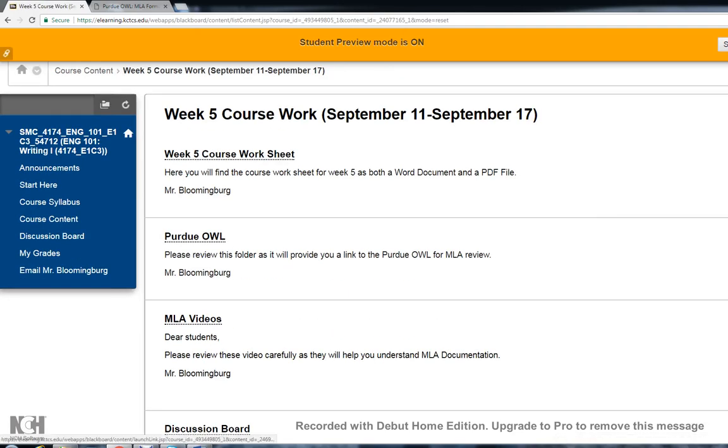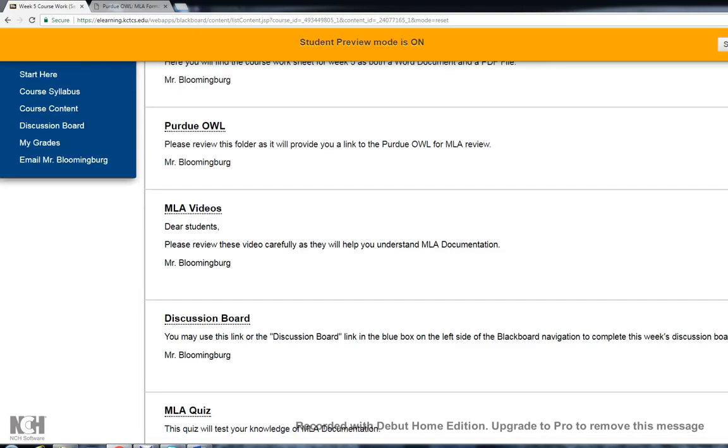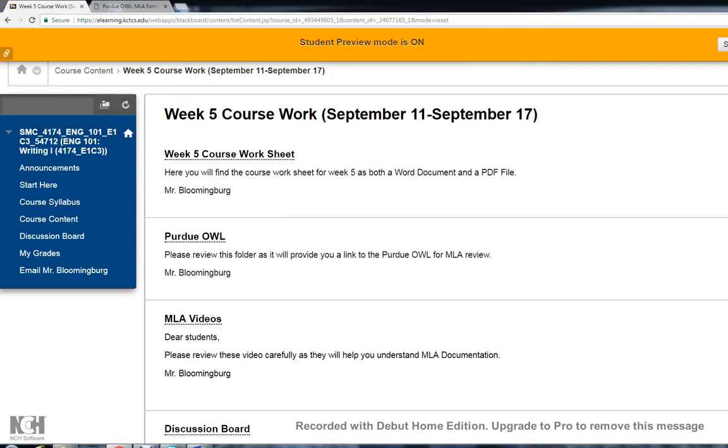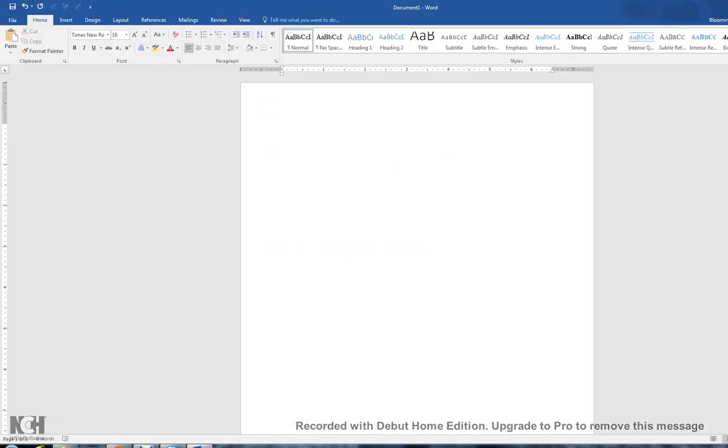That's really what's on the agenda for week 5, but I want to pull up a blank Word document, and what I want to do is just give my own little stamp to MLA. I don't want to go too deep with it because the videos are there to help you, but I can remember when I was coming through college and I was asked to use MLA. I was able to do so, but I didn't really get the gist of why I was working within the system. And then finally, after about my 3rd or 4th English class, everything started to click.